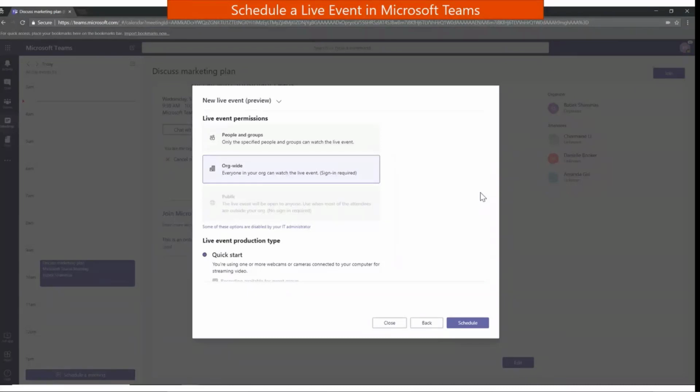Now, in the screenshot, it's not displayed, but there's a whole bunch of checkboxes at the bottom that say live event production type. There's a recording option, but one of the options that is off by default is Q&A. So Q&A by default is turned off. I would highly recommend that whenever you're creating a live event, you scroll down and make sure that Q&A is enabled.